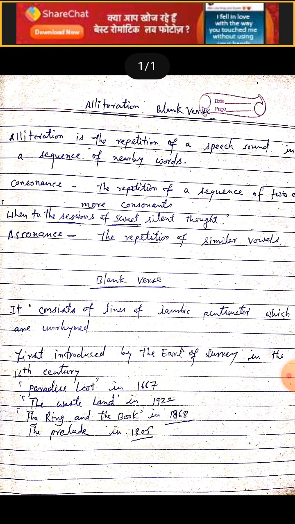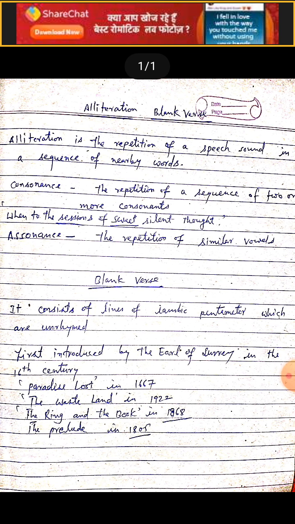The first line of the sonnet: "Went to the sessions of sweet silent thought." Sessions, sweet, silent. So the S sound is repeated in these words of the first line of the sonnet. So this is an example of consonance because the consonant sound is repeated 3 times,